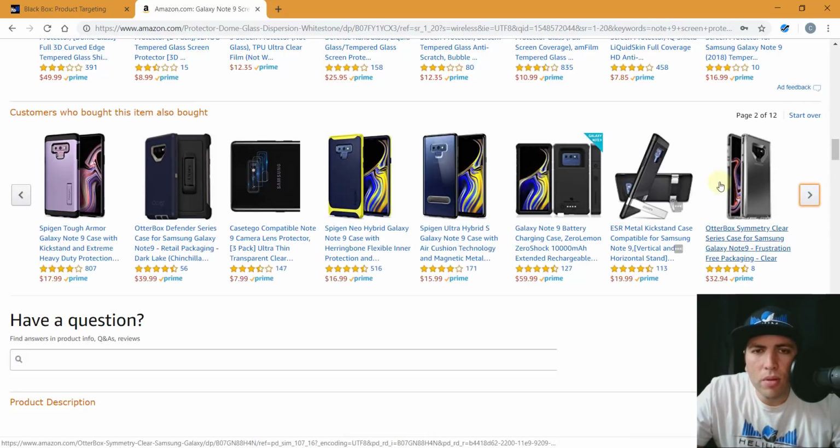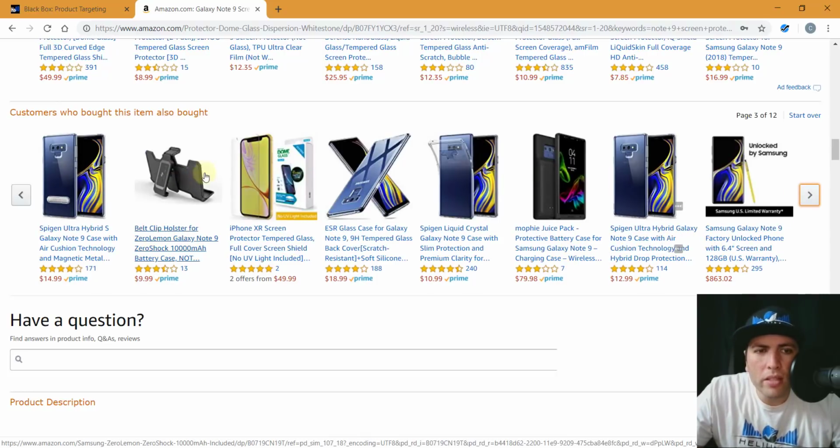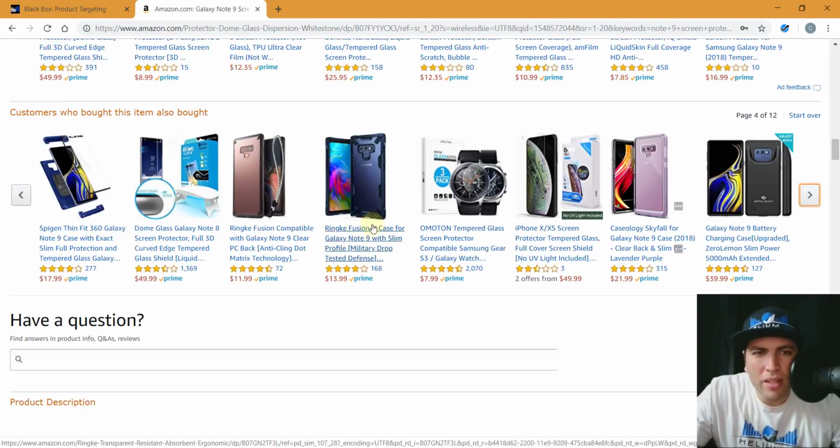Okay, look at all of these products, mostly phone cases. There's a holster. There's the actual phone itself, so somebody bought the phone and this product at the same time. What else do we have here? It looks like some people might be buying a tempered glass watch for a Samsung Gear, or tempered glass for